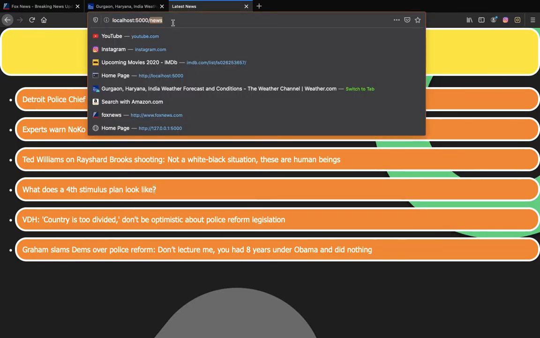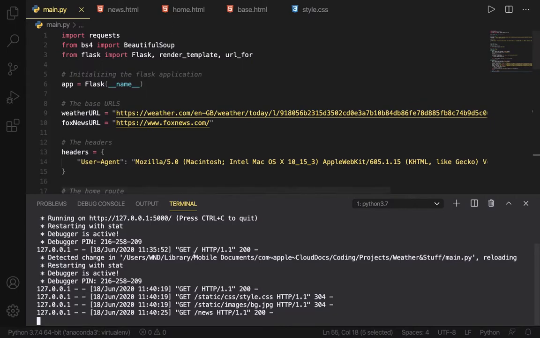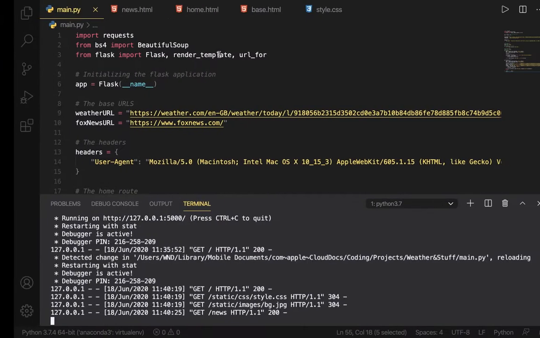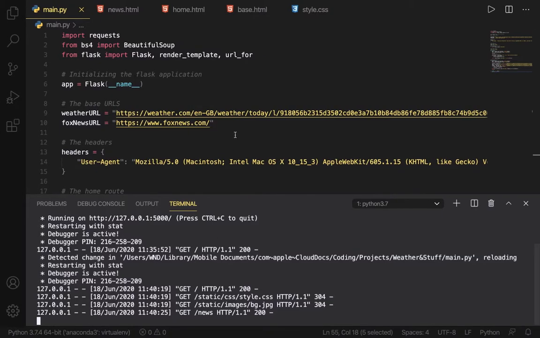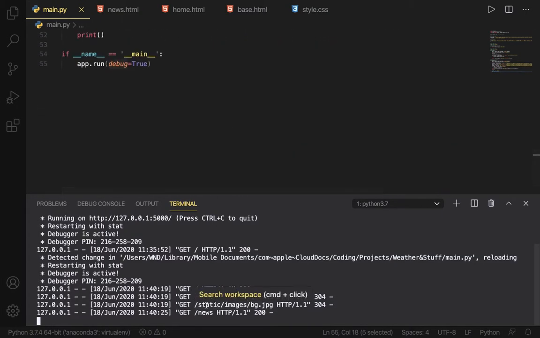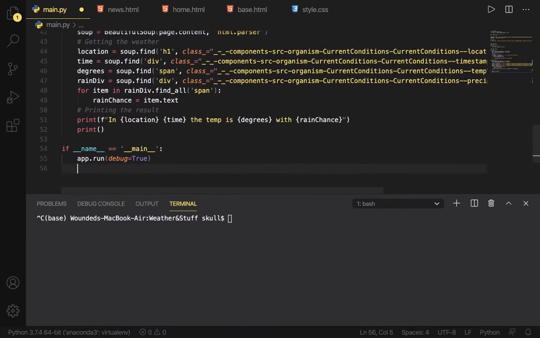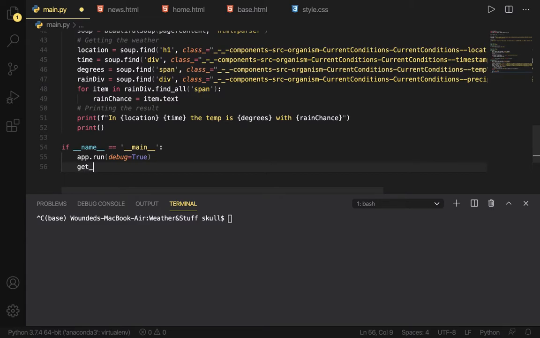And I haven't actually made the route for the weather, but we can do that. First up, let's just stop the server, and in the end we can also print get weather.